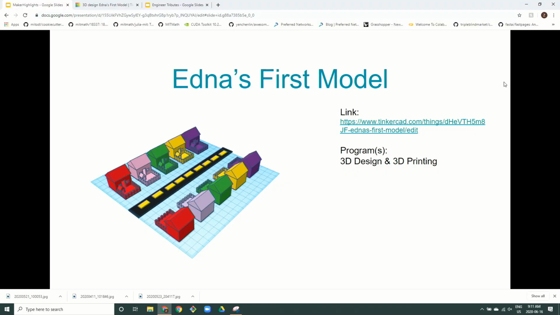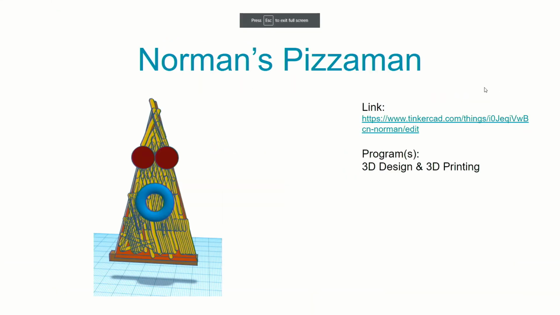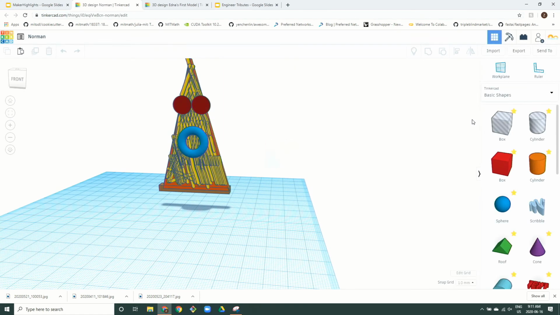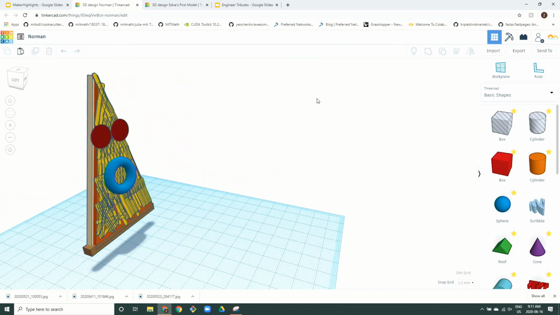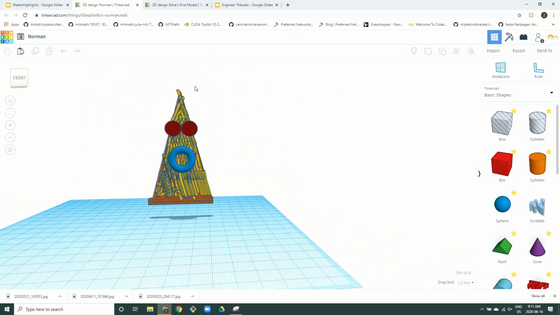Okay, so next up on our maker highlight is Norman's Pizza. So this is a pizza that Norman created and I thought it looked absolutely delicious. I have not had breakfast yet today, and so I wanted to give a little highlight to Norman's Pizza. So this is a very creative, very screaming pizza, and he's only got 2 slices of pepperoni and 1 blue donut. But I thought it was a fantastic slice of pizza, and so I wanted to give a shout out